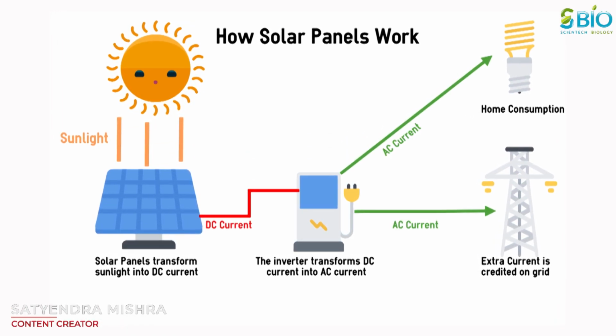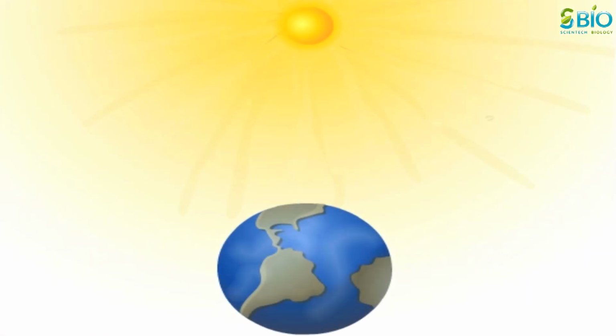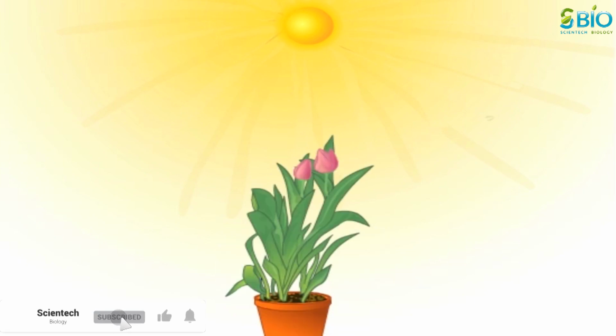Today let's see how a solar panel works. The amount of energy humans use in a year is equivalent to an hour's worth of sunlight striking the earth. Sunlight is a renewable source of energy. Natural systems such as plants harvest solar energy to power their lives. We too can harvest the sun's energy in a variety of ways, from low-tech to high.